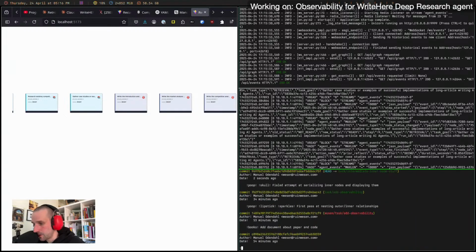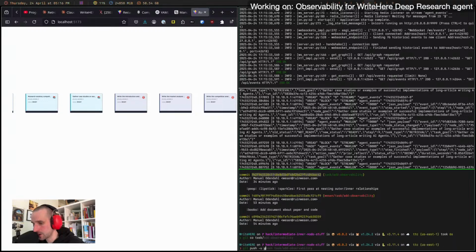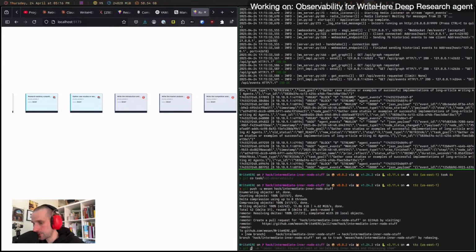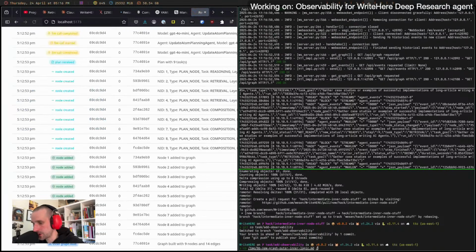So, you know, too bad. Failed attempt, first pass at nesting inner outer relationships. So what we could do at this point, if we go back to task add, is push this to the hack branch. And then if I go back to task add observability, now I can take 06 and put it back into